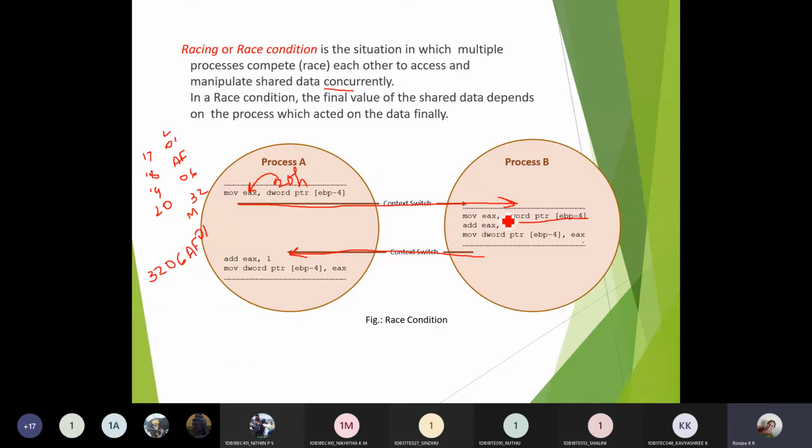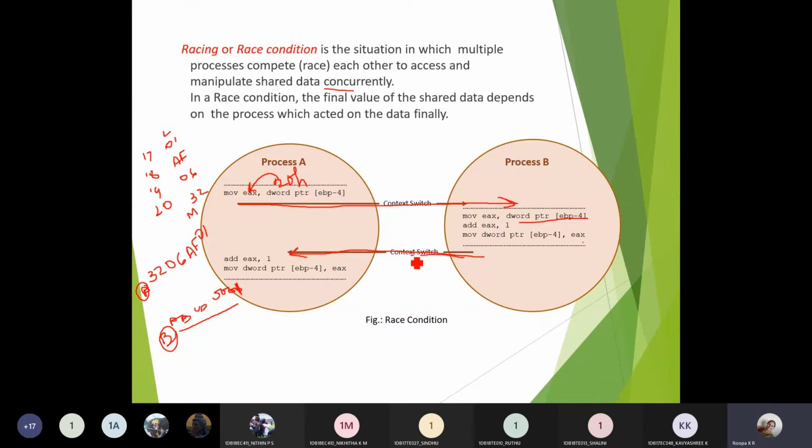After this the context switching will be done. Next, again a double word pointer is loaded to EAX. This was the EAX value with respect to process A. Similarly, again you have some 32-bit value. Let me take it as ABCD0000, a random value I'm considering. I'm adding 1 to that value, so this will become 0001, and I'm storing this into that register. So this is what has happened.